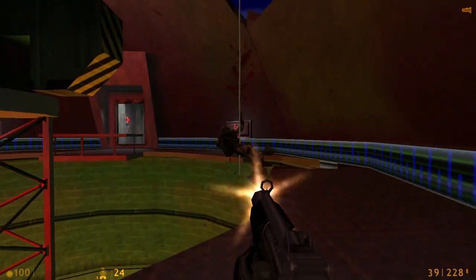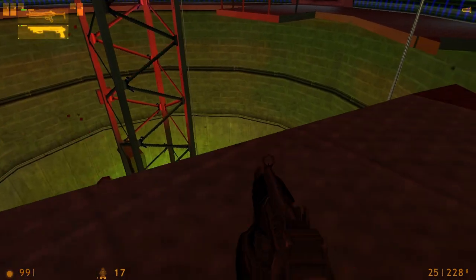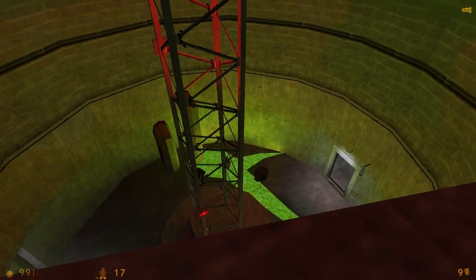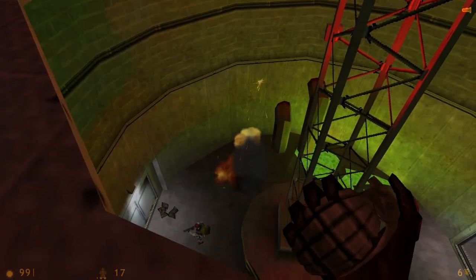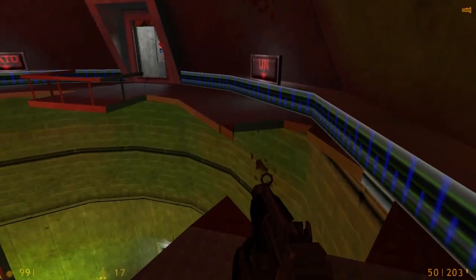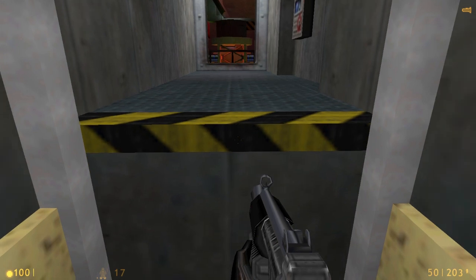So as soon as you send the all clear, all these grunts come in and mess your day up. They do get hurt by the radiation, so that helps you a little bit. If you head back down,